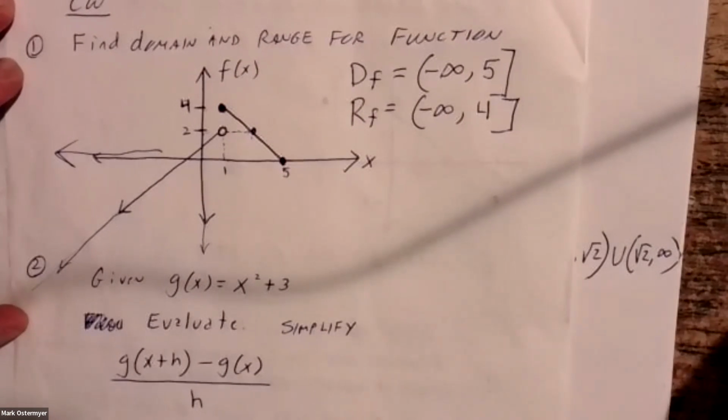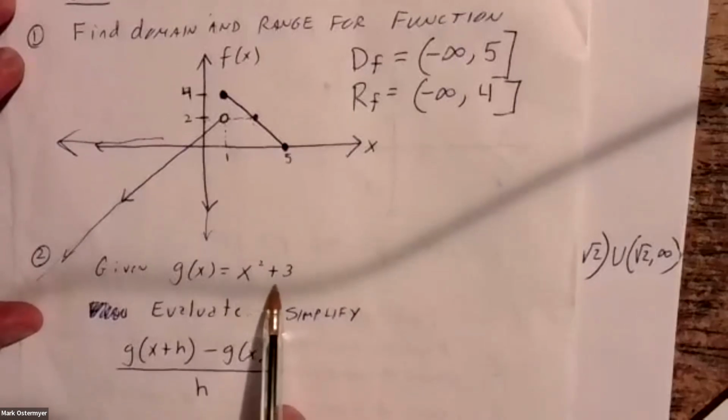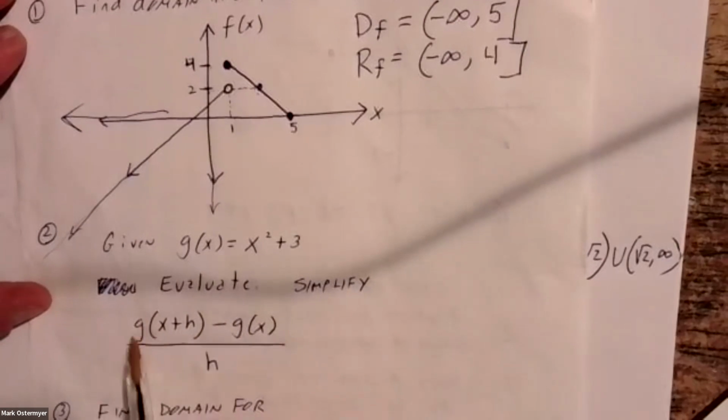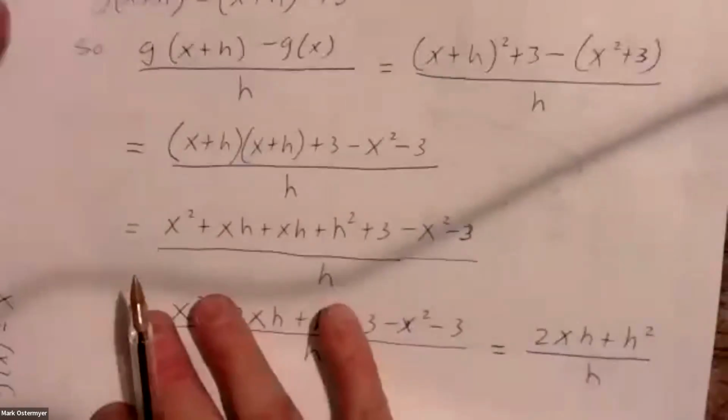The last problem here, using this function g of x equals x squared plus 3, I want you to evaluate this. This is called a difference quotient. This becomes extremely important in your first semester of calculus, this construct called a difference quotient here. And to evaluate that,